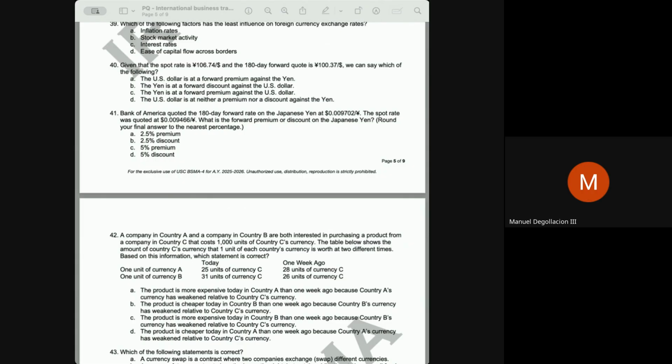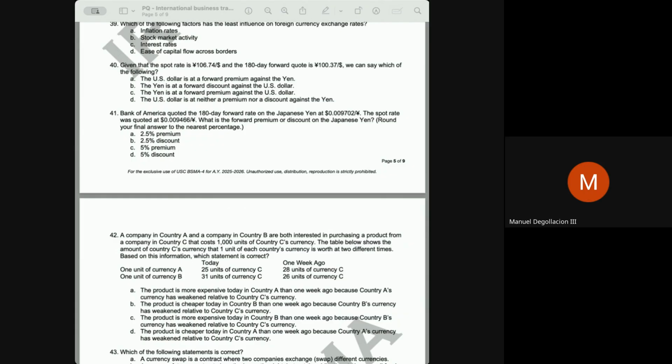So what happened here? We're looking for your Japanese yen. Today, the 180-day forward rate is 0.009702. The spot rate, or the current exchange rate, is 0.009466. So more dollars would be needed in the future